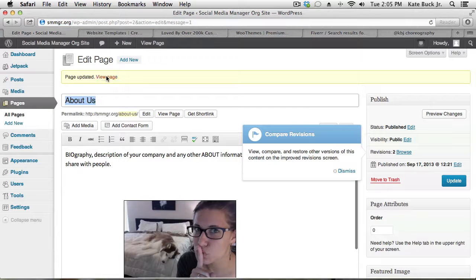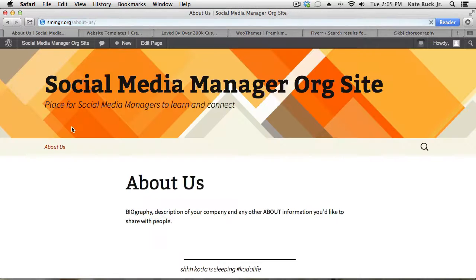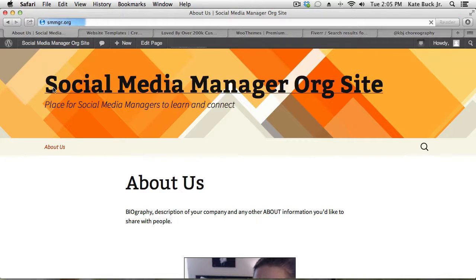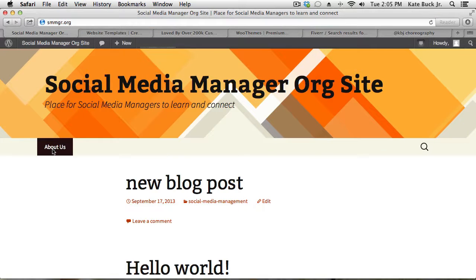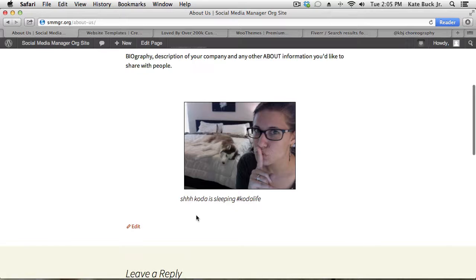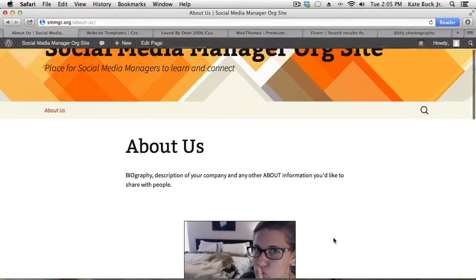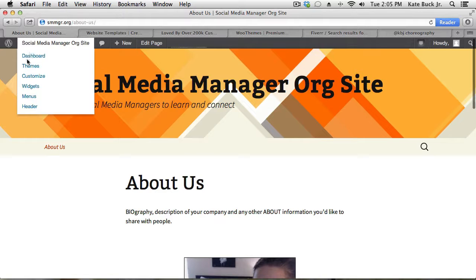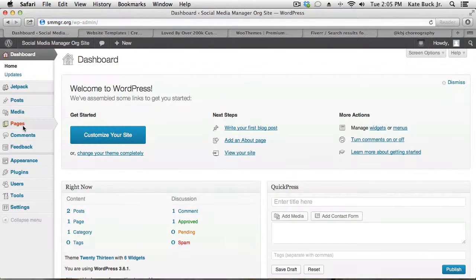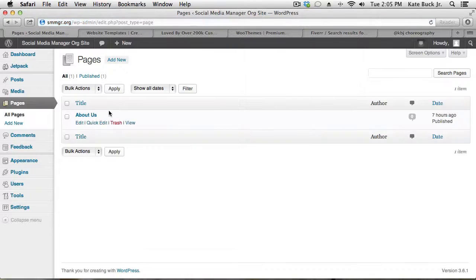That saves our changes, and then we can click View Changes here. And now when people come to socialmediamanager.org, which is our main site, in the navigation, one of them says About Us, and now they're coming to our About Us page that we created with our image there. So back to our dashboard, the other pages that you want to add are